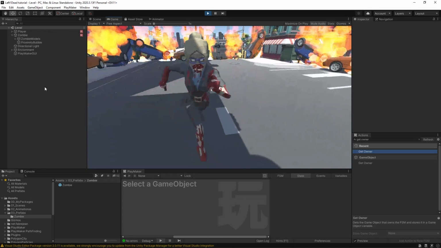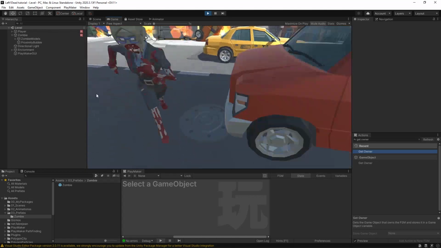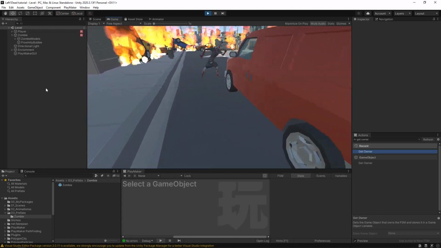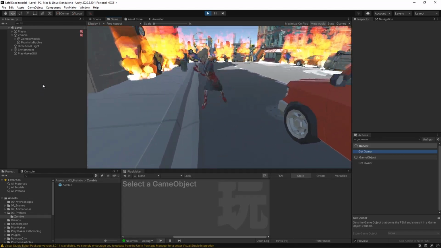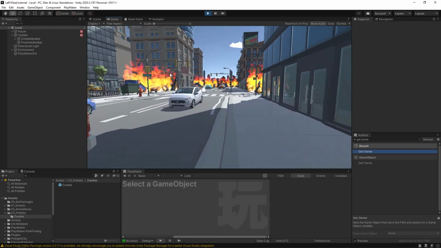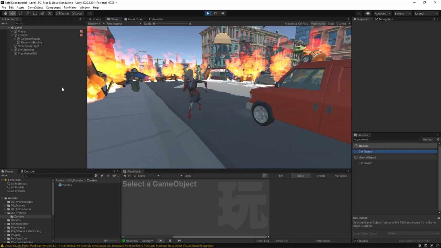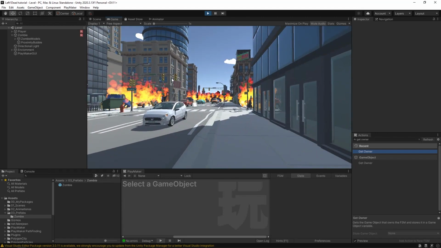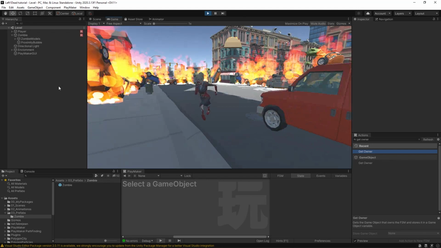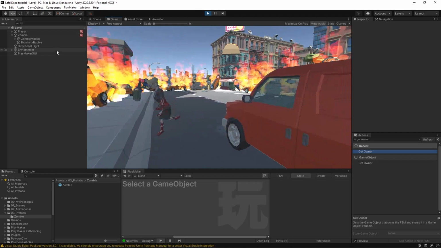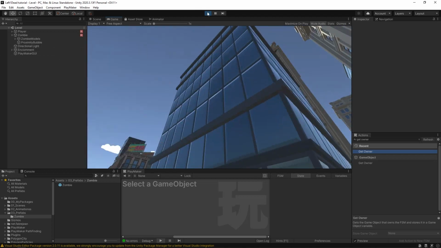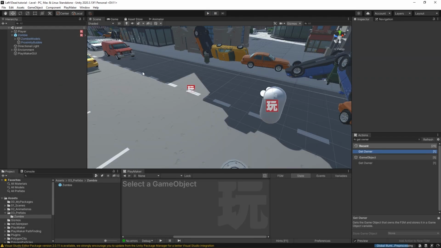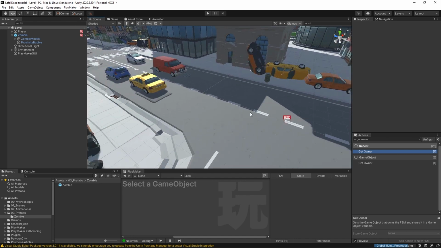Now, if I move past where the NavMesh ends, you'll see that she isn't able to traverse it. That's because our NavMesh hasn't been set up or baked across the rest of the environment. That's a tedious process, and you're not going to want to watch me do it, and you're going to have to take a minute to do it yourself as well. But I'm going to show you one more thing before I let you go and take care of your environment's NavMesh. So I'm going to stop the game, and what you need to know when you're creating your NavMeshes is